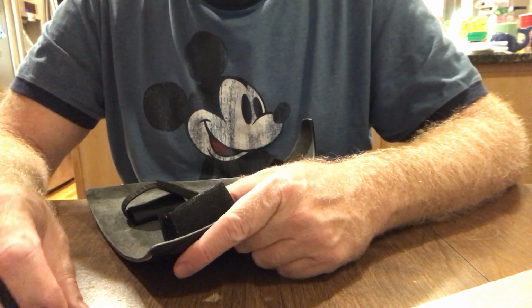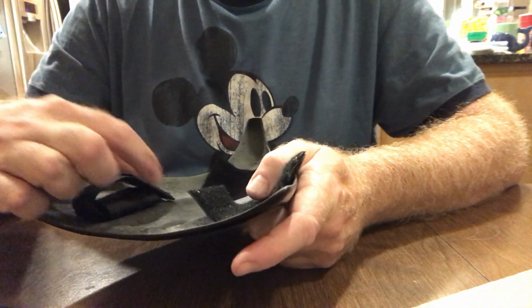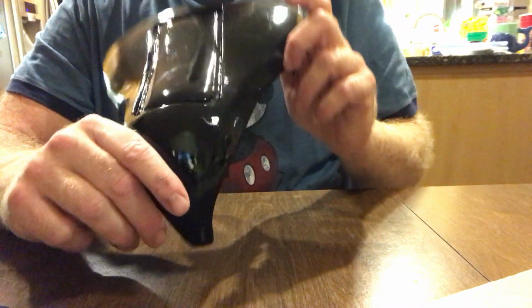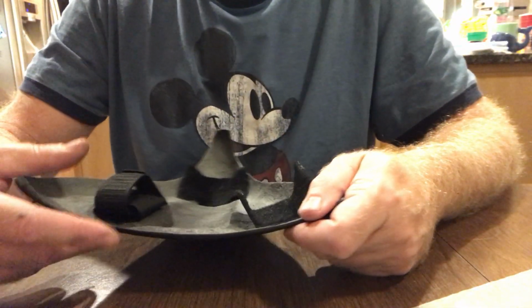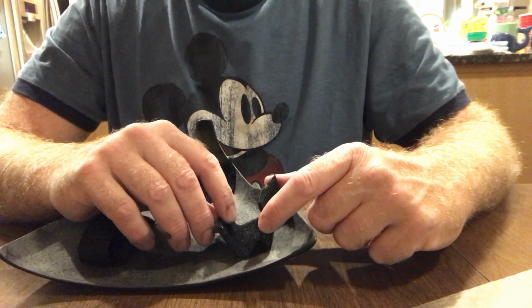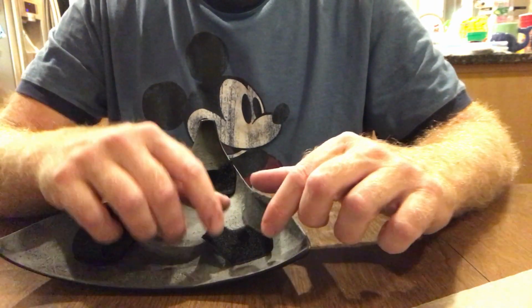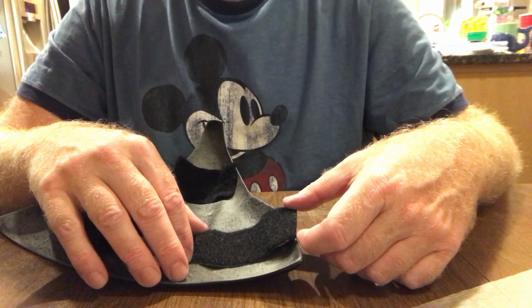And I like the idea of Velcro because there's nothing hard here. There's nothing to scratch it up. And you know, with our Deathtrooper armor, we're forever going to be polishing this stuff unless you like to have the weathered look. And I was going for the polished look. So anyway, what I'm going to show you how to do tonight is how to make this system. And it consists of these 3 to 4 inch